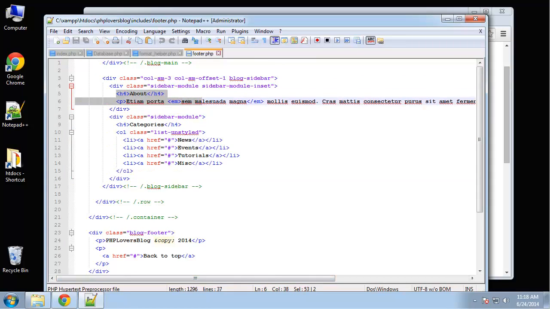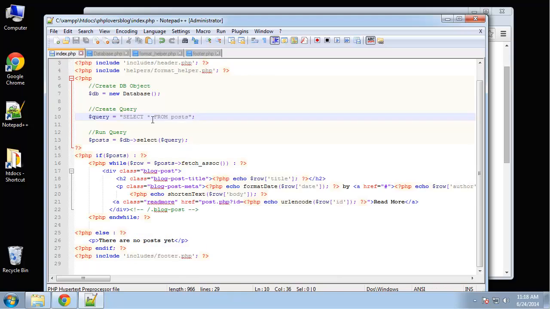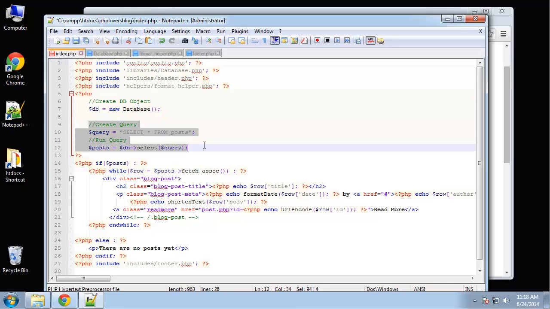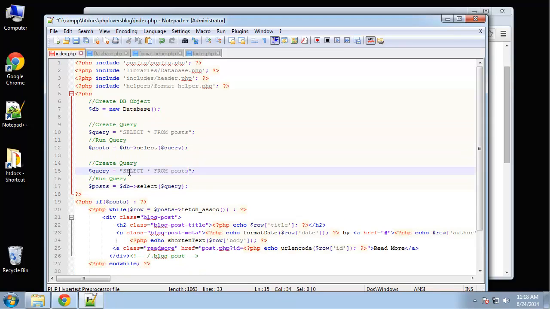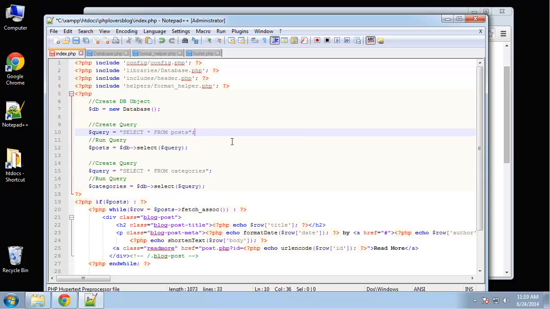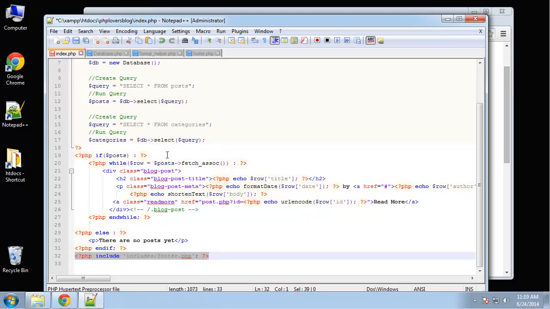So let's go to the index page and just do a query to get the categories, which is going to be very similar to what we did with the posts. So I'm actually going to just copy this. Except we want to select all from categories, and then we're going to assign the categories variable. That's going to select all the categories, and this variable is going to be available to us in the footer file, because we're including it down here. So let's save that, go to footer,